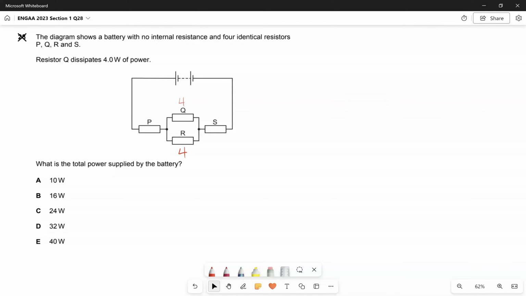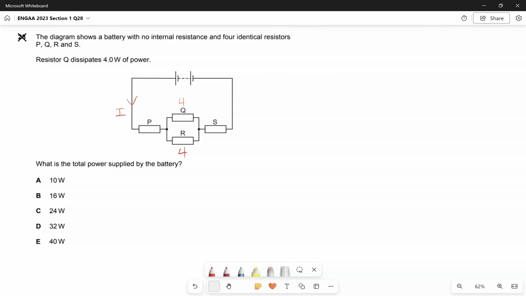Well, we know for power, we can either use P as IV, P as I squared R, and P as V squared over R. So what do these things share in common? Well, they all share the same resistance, and so the only things that we need to find are either the currents going through them or the voltages across them. I think what's easiest here would be to use the currents, because we know whatever current is going through here,